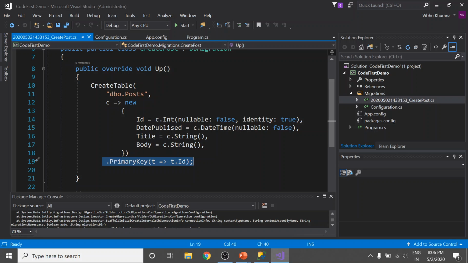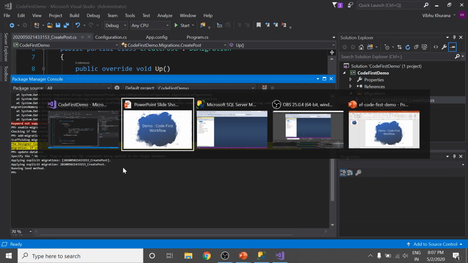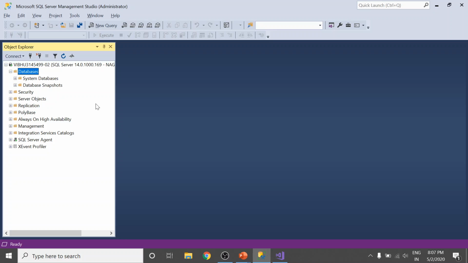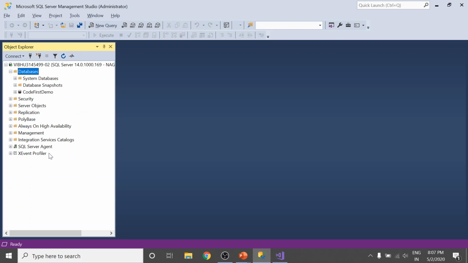So to run the migration, we again jump back to the Package Manager console. Here we need to run the command update-database. Hit enter. After running this command, let's see the result. I am going back to Management Studio. Here I am going to refresh my databases.